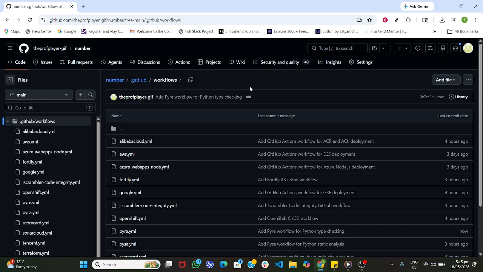From here, the Pyre scan will run on the triggers defined in the YAML, often on pushes and pull requests. If the run fails or flags issues, open the workflow logs for details. Tip: ensure your repository includes a valid